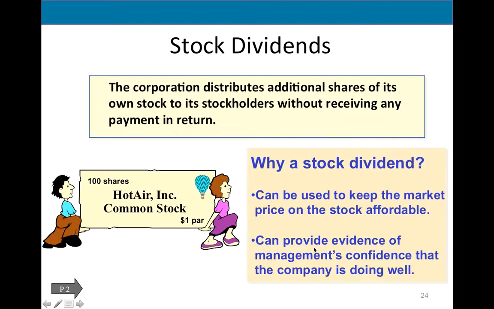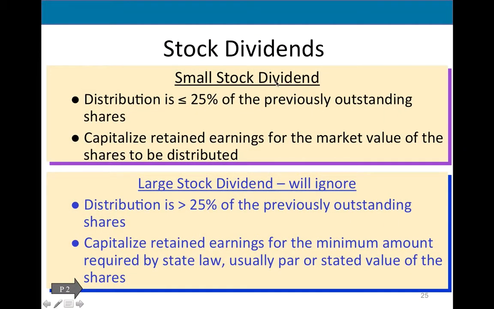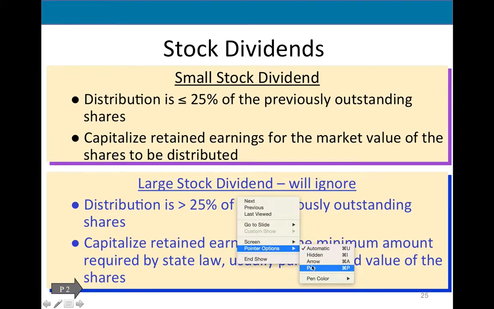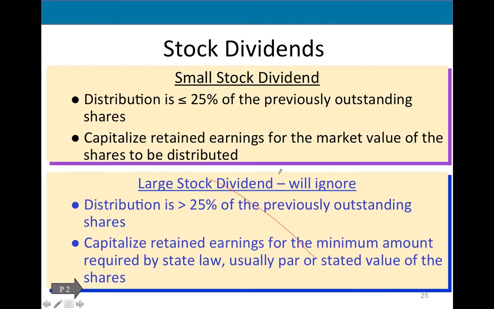The second type of dividend is a little bit more complicated and doesn't happen as often. So instead of giving cash to our stockholders, we're giving them additional shares of stock. So these are reasons why companies issue stock dividend. There are two types of stock dividend, small stock dividend and large. I'm not going to ask you questions about the large stock dividend. So just focus on small stock dividend, which means a distribution is equal or less than 25% of all outstanding